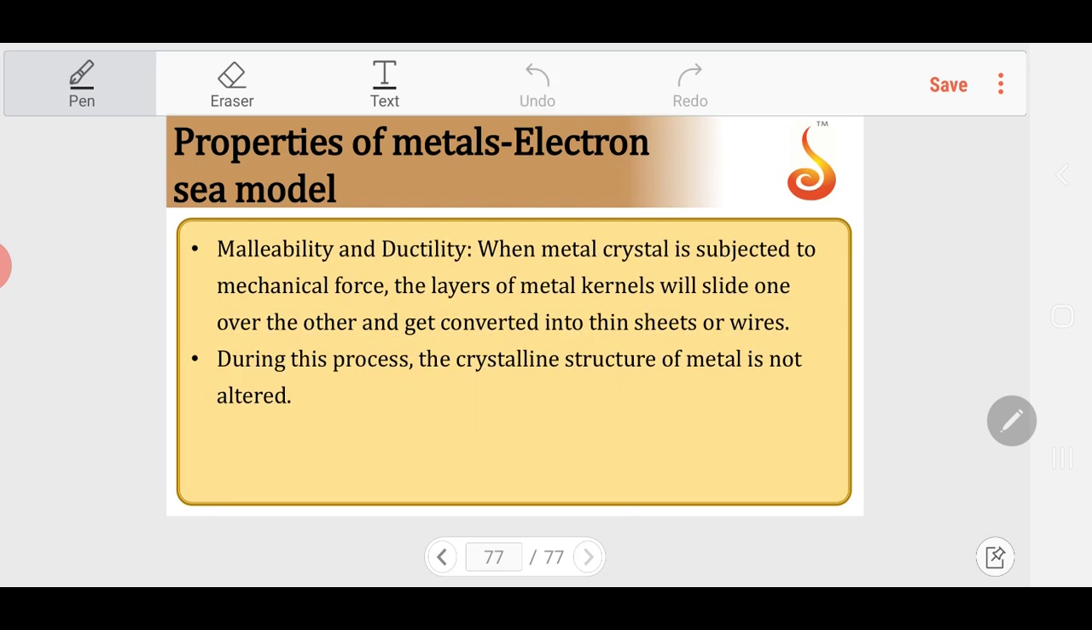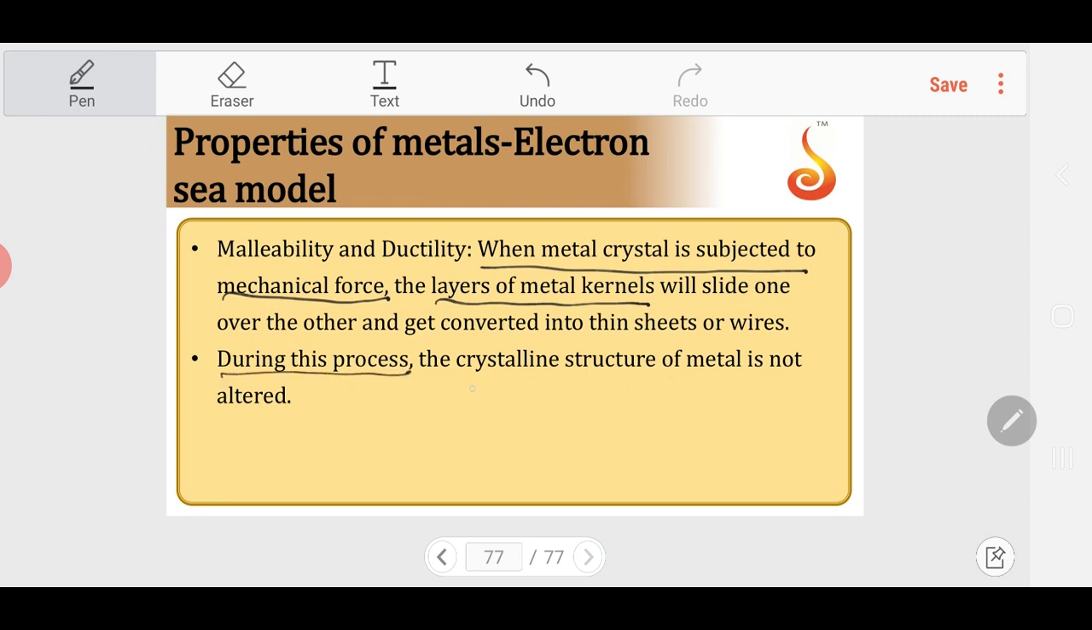Then finally, malleability and ductility. Malleability and ductility mean metals can be converted into thin sheets and thin wires. When the metal is subjected to mechanical force, the layers of metal kernels will slide one over the other. The thickness of the metal can be decreased. It can be converted into thin sheets and thin wires. But remember,